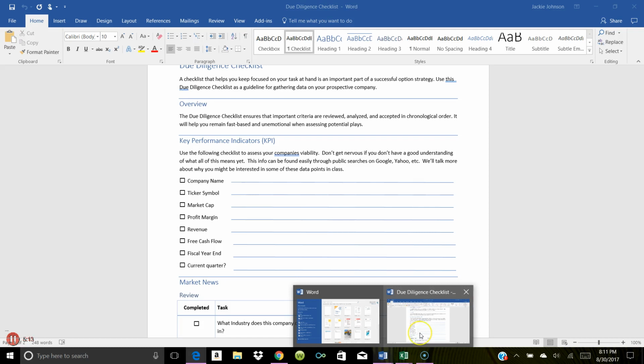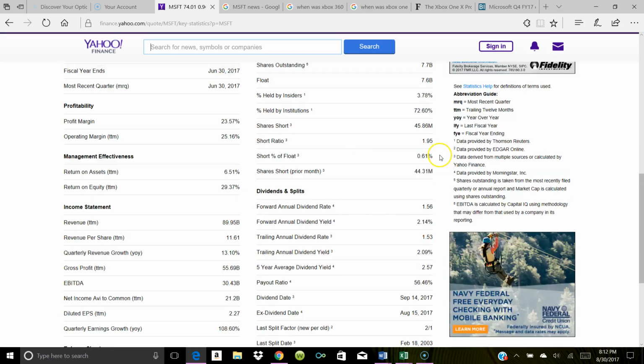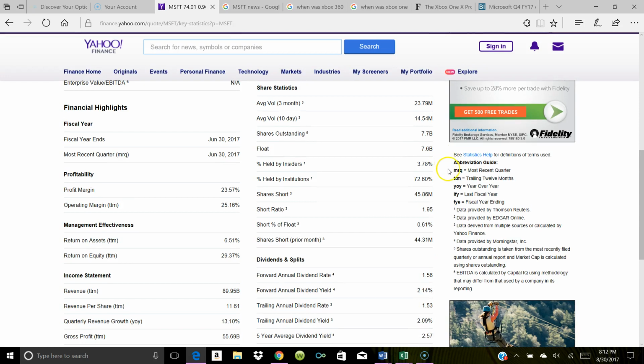Next is revenue. Let's see how much money y'all are making. Let's see. Scroll down, revenue. 89.95 billion, roughly $90 billion. You see this TTM? That's trailing 12 months. You go over to the right here of this Yahoo Finance page, you'll see their abbreviation guide, and it explains what each last one of these abbreviations mean. You'll come across